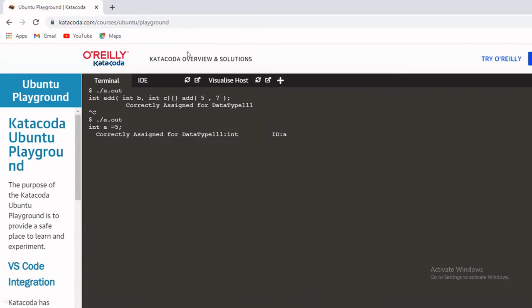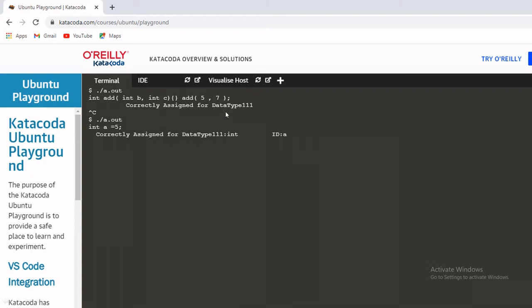The output generated by this phase will be like this: semantic analysis. This is the sample I am demonstrating, and this is the expected output. In the further demonstration of implementation of semantic analysis, the output generated will be like this. Here int a equal to 5 is correctly assigned for data type int. If I assign 5.5 here, it will give me incorrectly assigned. Here I'm checking formal and actual parameters, like the function add which takes an integer. While calling that, if I'm not passing an integer, it will give the message incorrectly assigned data type.